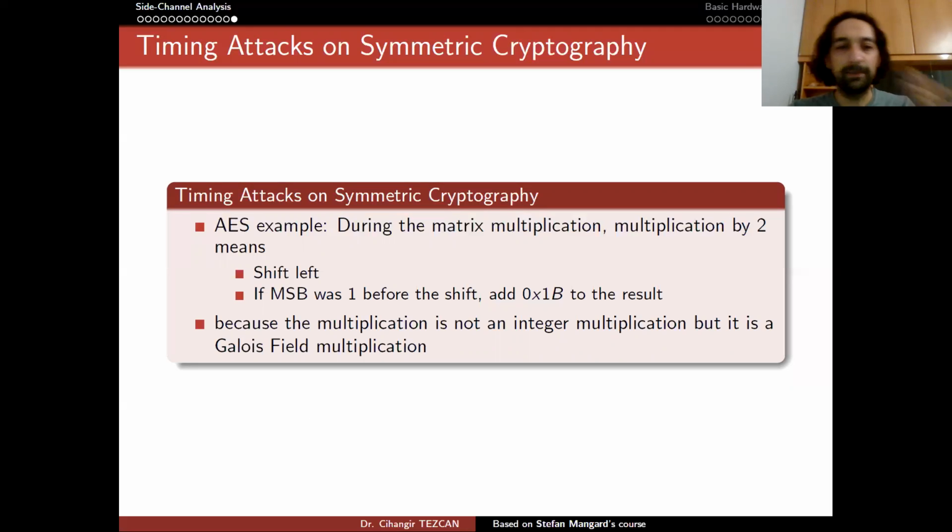So as you can see, there is data-dependent behavior even in AES matrix multiplication. By looking at this, you can obtain whether the most significant bit was 1 or not before the shift. Because if it is 1, you perform an extra operation, so it will take more time,